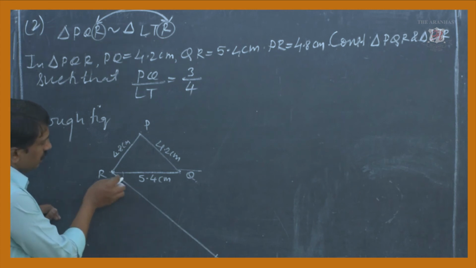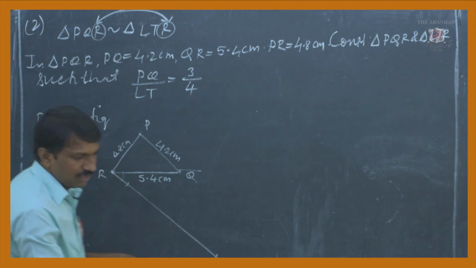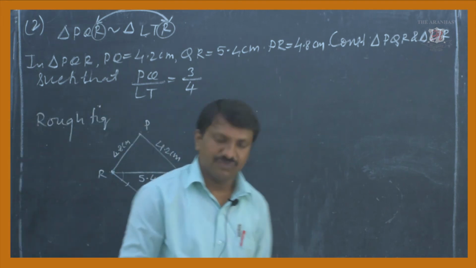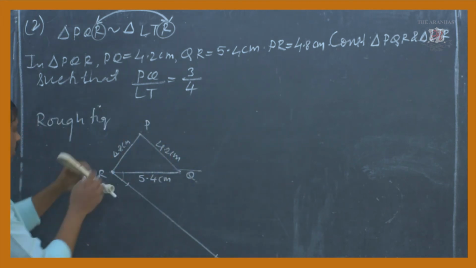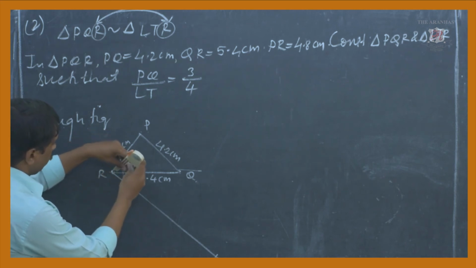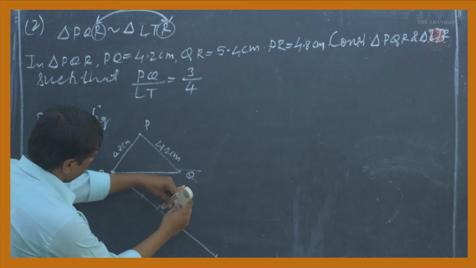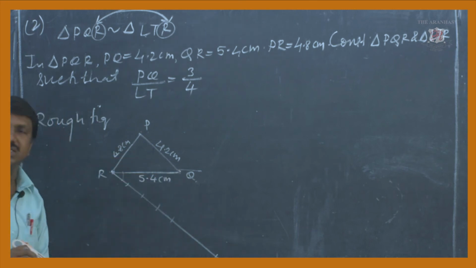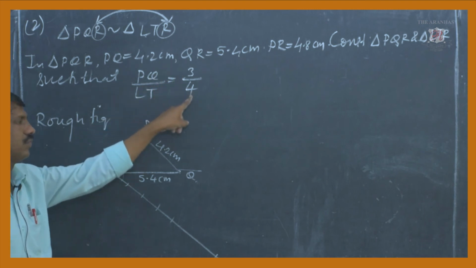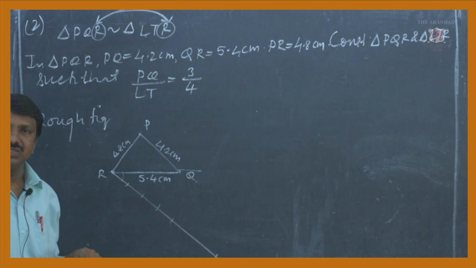With a particular radius you are going to construct equal arcs. This is the rough figure I will show. Take some distance and construct equally how many arcs? 4 arcs will be there. This is 1, this is 2, here we have 3, and this is 4. Why is it decided? The ratio given is 3:4, and the highest number is 4, so 4 arcs have to be constructed.